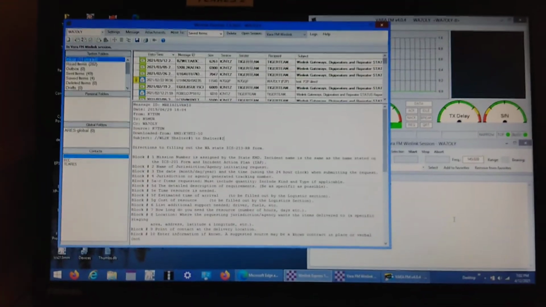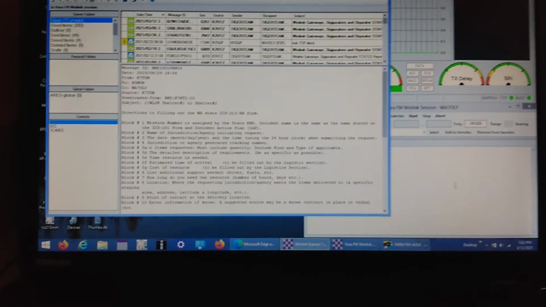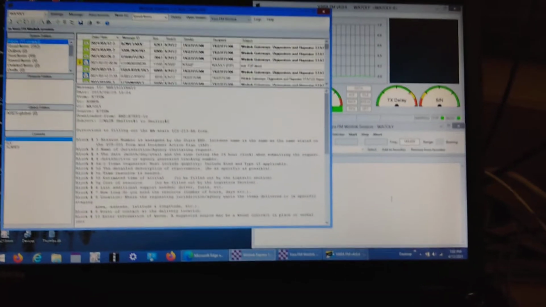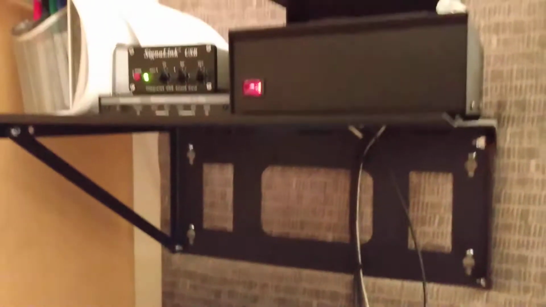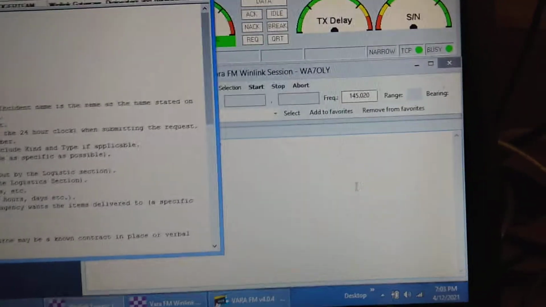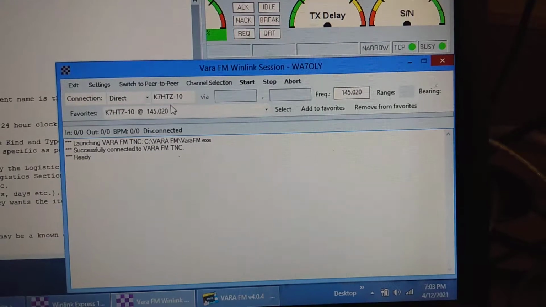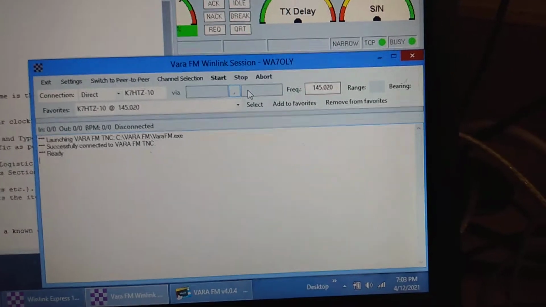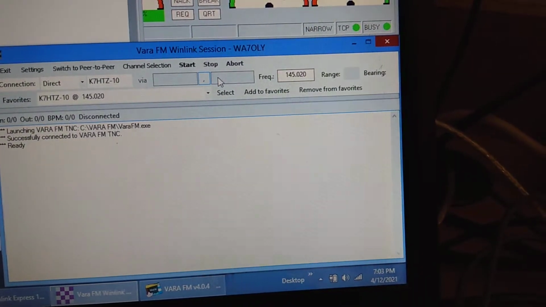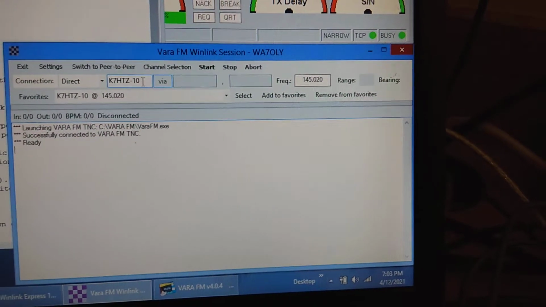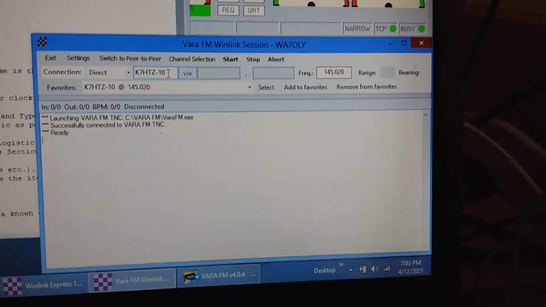So this should be on. And it's been configured so that when you shut the lid, it stays on, okay? The idea being you should be able to use this WinLink on Vera as a digipeater, because when you've got a Vera license, you can say, I want to contact direct to K7HTZ, or I can say via another Vera station that is not a digipeater, okay? So somebody down south could use our station to hop to K7HTZ up north, and that's a possibility, which